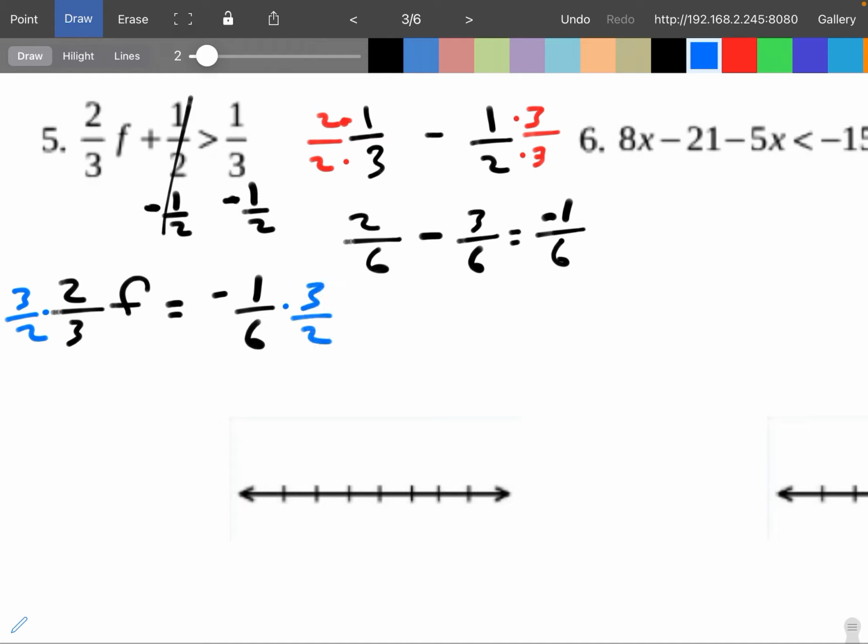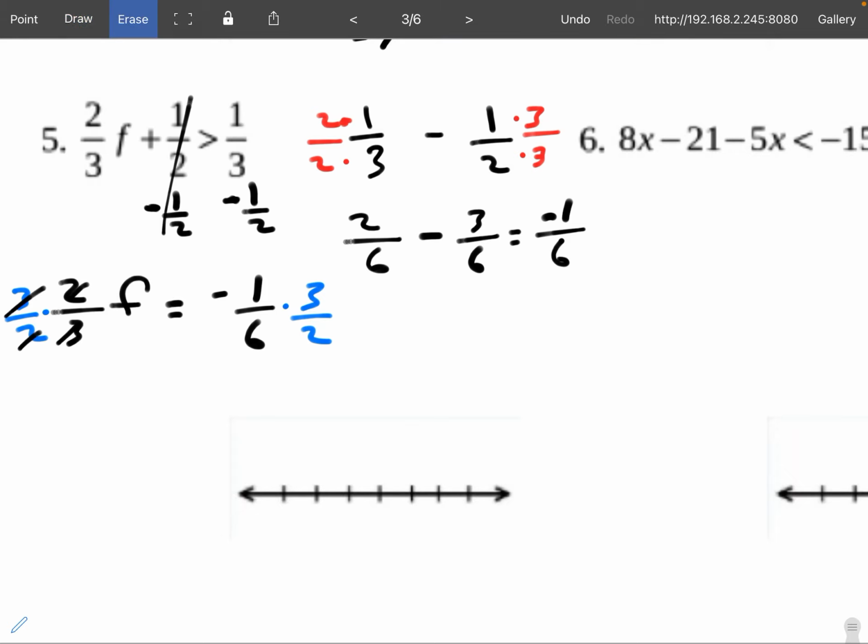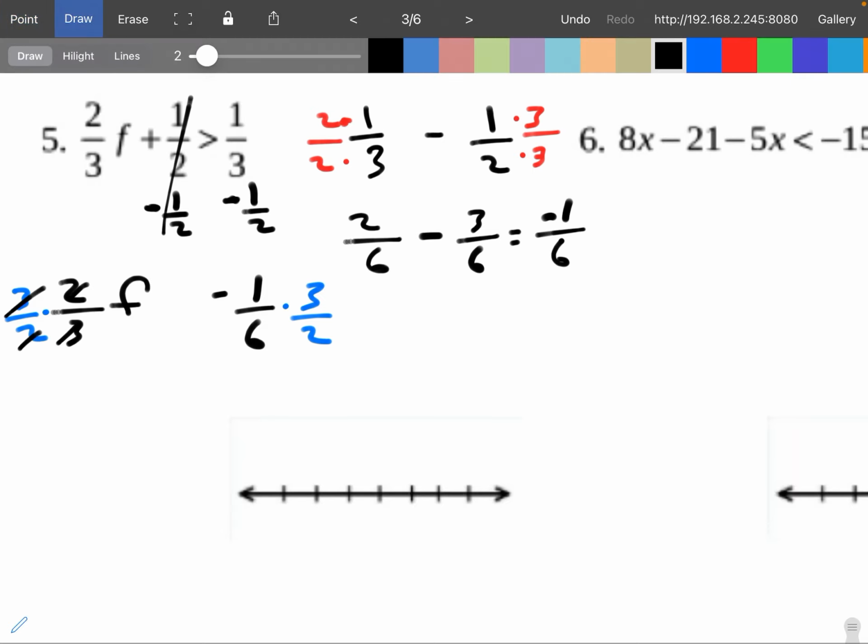So we're going to multiply the left side by 3/2. That's the reciprocal of the 2/3. And we're going to multiply the right side by 3/2. All right, so then these 3's will cancel, these 2's will cancel, so I'll end up with just 1f on the left-hand side. And by the way, I put an equal sign in the middle there for some reason. That's not correct. It was supposed to be a greater than, right? So I was supposed to bring down the greater than symbol. Okay, so anyways, on the left-hand side, we have just 1f now is greater than,